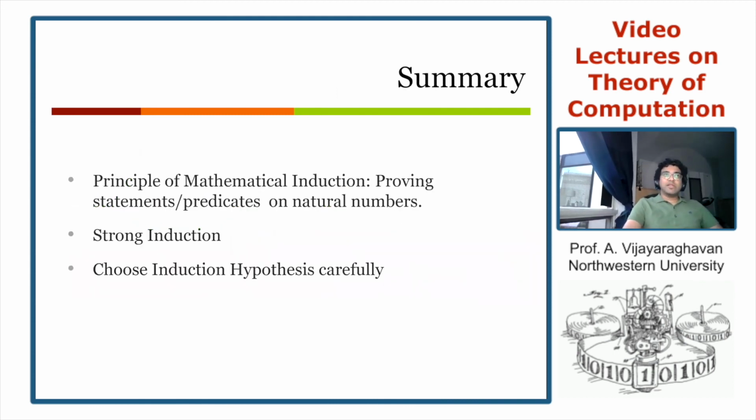Good. Just to summarize, in these lectures, we looked at the principle of mathematical induction, used for proving statements or predicates on natural numbers. While this sounds quite specific, there are many different kinds of statements that you can prove using mathematical induction. Maybe the first step, or the 0 step, is to identify whatever you're trying to prove as a predicate on natural numbers, and then prove it. We also looked at why induction is true, we looked at the principle of strong induction, and we looked at how the choice of the induction hypothesis is often crucial. Thank you.